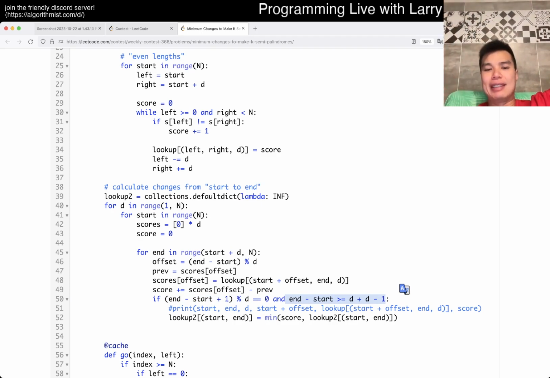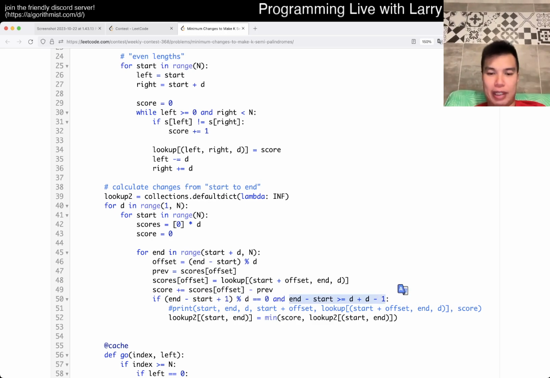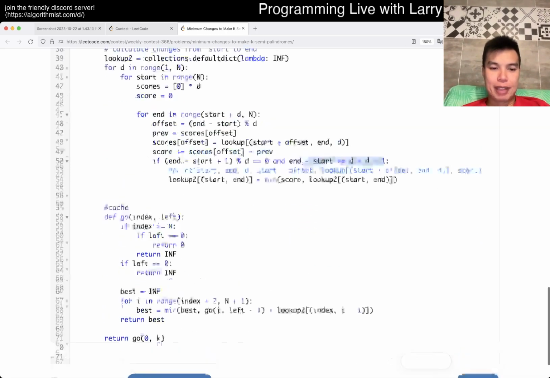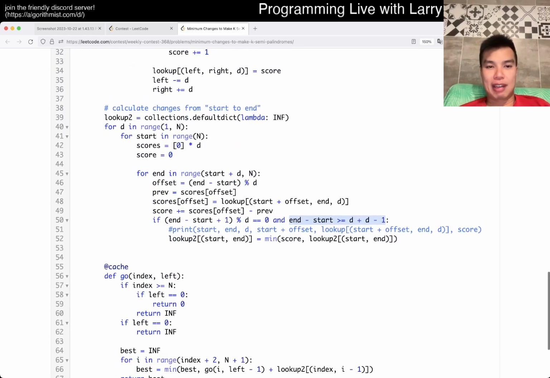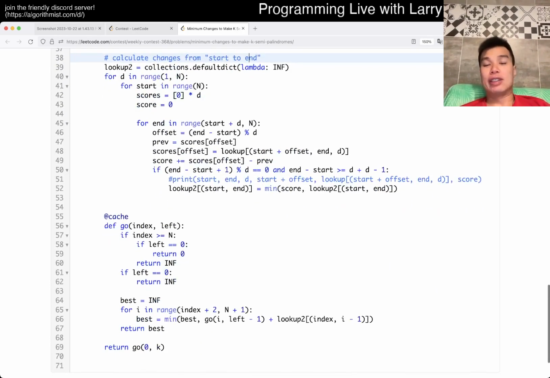In that case, it means that D is exactly equal to length, right? So if D is equal to this, here we just make sure that it goes over that. And then after we calculate all these changes,